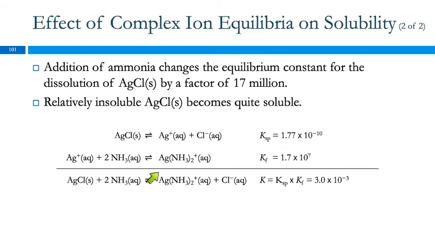And then we can look at the formation reaction for forming this complex ion. Silver ion plus ammonia, making the complex ion with its formation constant. When we add two chemical equations, we multiply the equilibrium constants. So if I add these two equations, the silver ion,